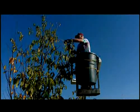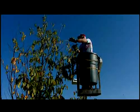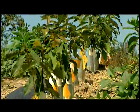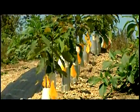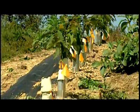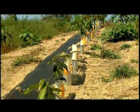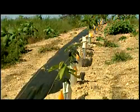Bringing these mighty giants back to their original glory takes dedicated teams of community partners and volunteers. I thought that it was a really worthy endeavor, and I would like to see the chestnut come back and be planted in the forest. It's probably one of the few opportunities we have where something has just about been wiped out, and we have an opportunity to